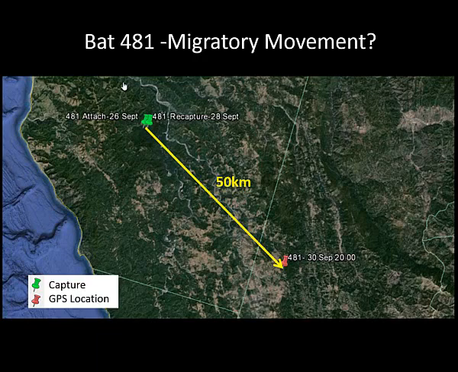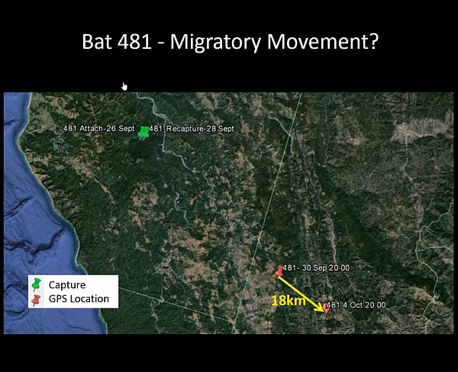So this was great news to us because we now knew that this technique would actually work. And secondarily, because the fix was taken at night, we knew that it could take a fix on a bat while it was flying at night. So that gave us some insight into how we could use these tags in the future. Then 5 days later, we got another fix from that bat. It had moved 18 kilometers in basically the same direction. So we're starting to think, well, now we kind of know the direction that the bats are moving when they leave Humboldt Redwoods. And then perhaps they stop and refuel for several days and then make another jump on their migratory movements.